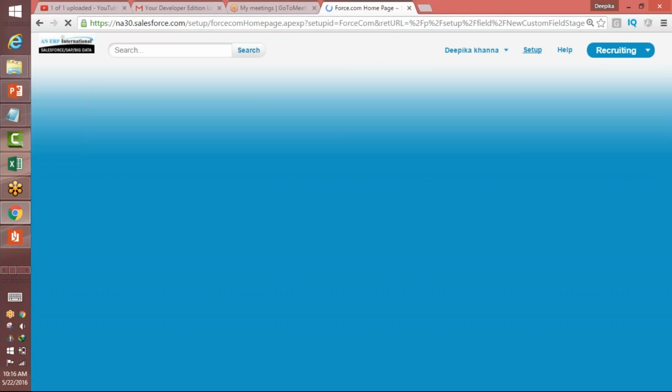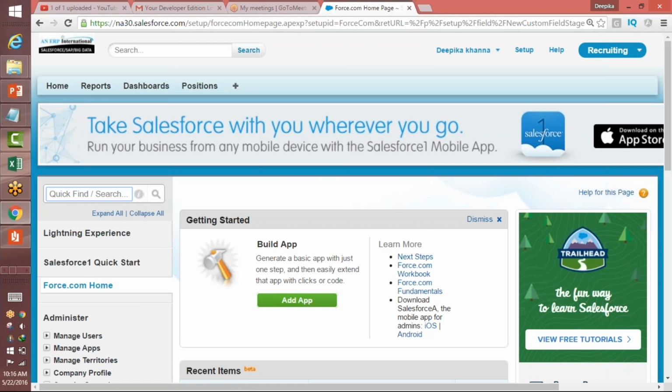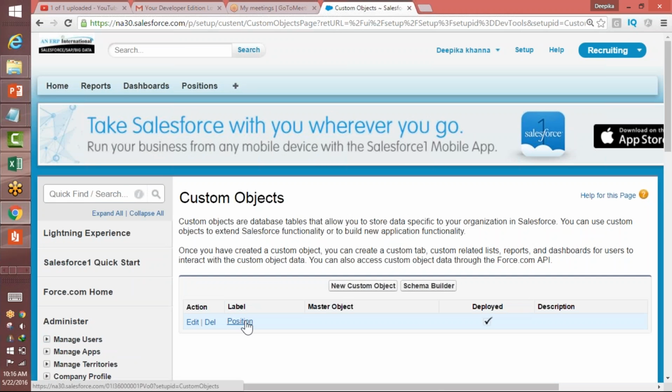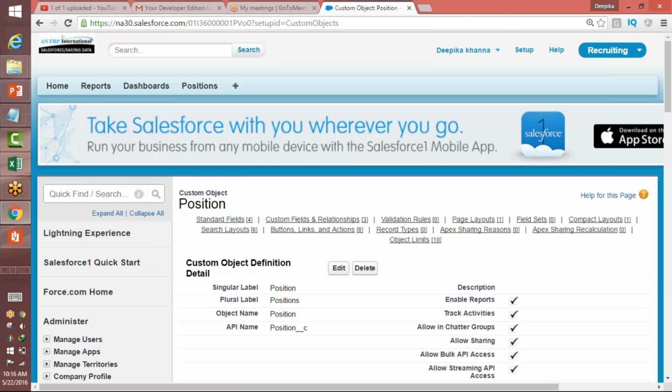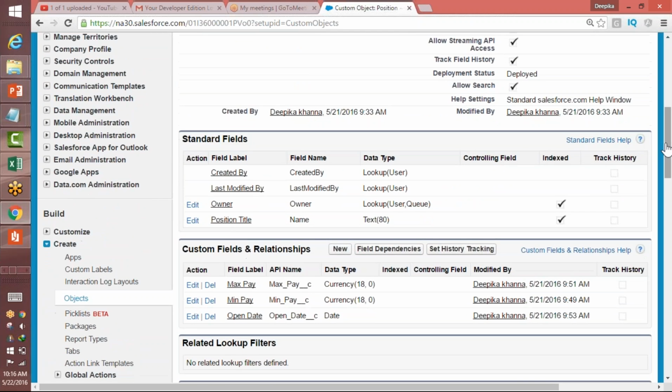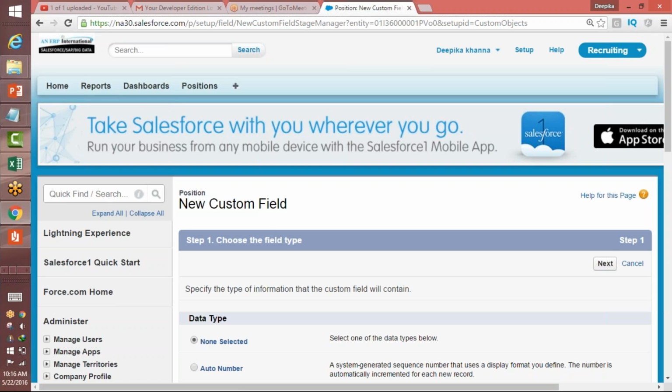You go to the setup, you look for a particular object, you click on that particular object which you want to add to. And then from there, if you want to add a field, you go ahead and click on new in this custom fields and relationships section. You go ahead and click on this, and then in this one